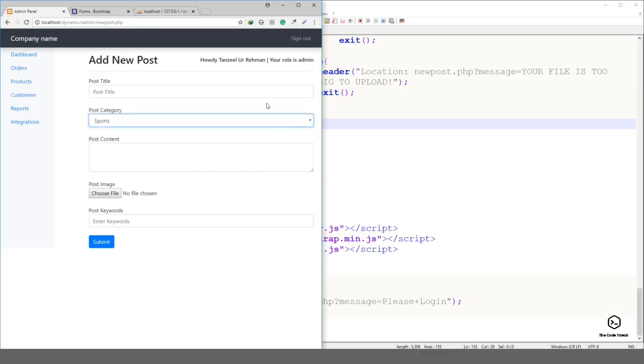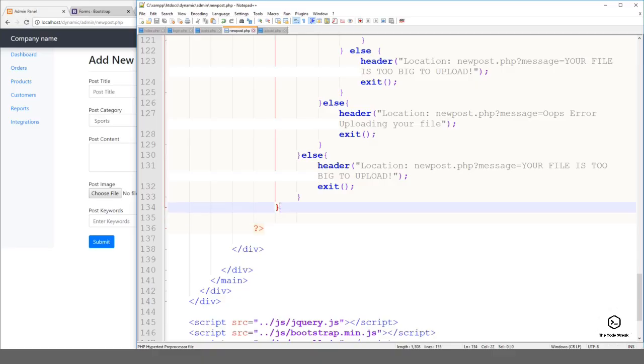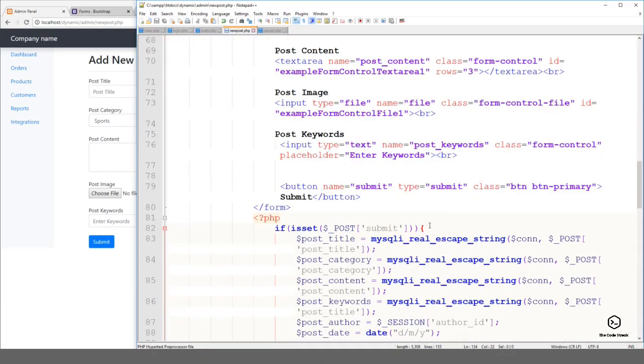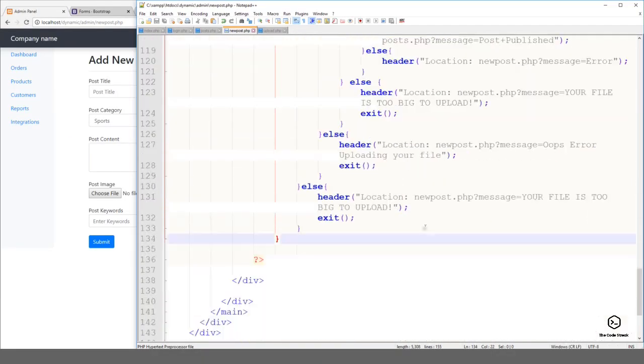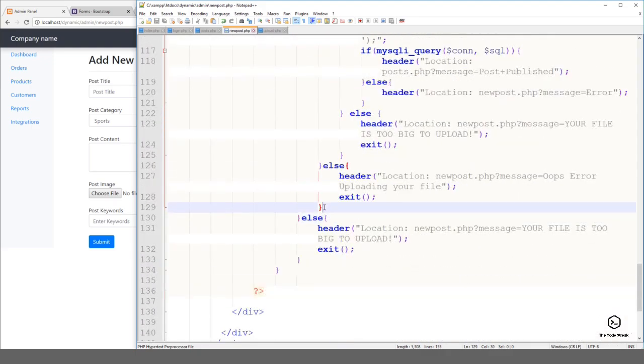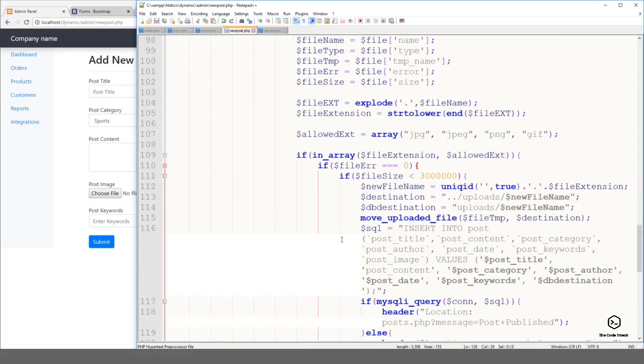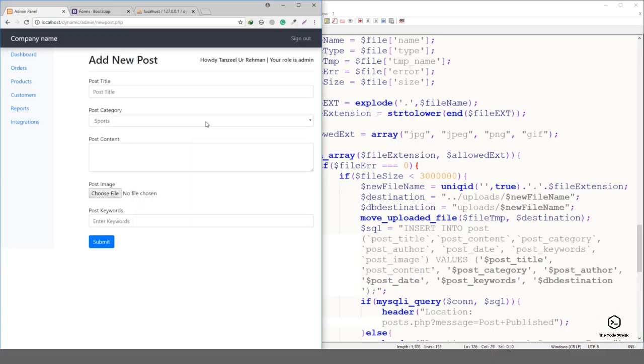Okay, so now let's go ahead and test this out and see if everything is working. And you can see this is for the isset. This bracket is for this one if, and this one bracket is for this one if that we have in here. Okay, cool, perfect. Now what we have to do is go ahead and see